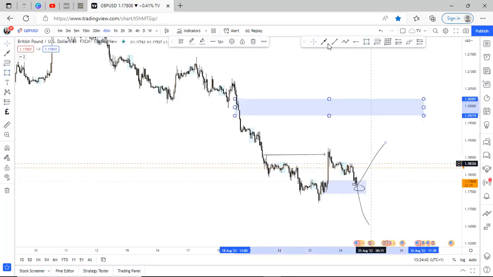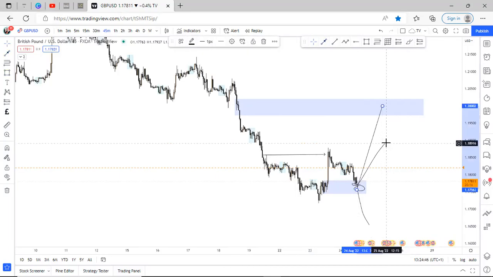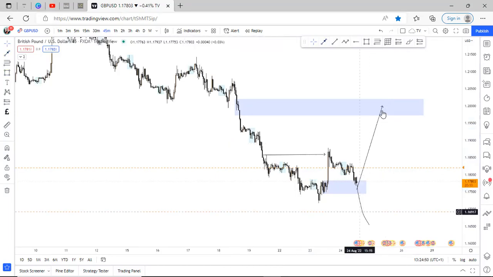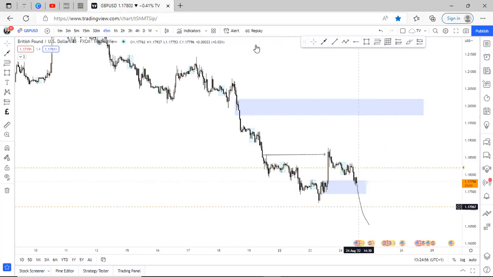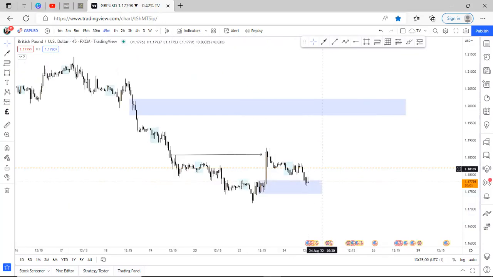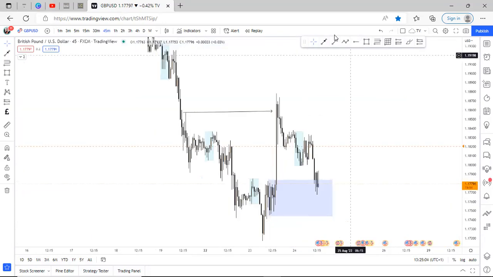So price could possibly push from this demand level into this level. Might have that. So first we have to wait for confirmation entry at this crucial point. Okay, we need to wait for confirmation entry, and if price breaks below this zone,